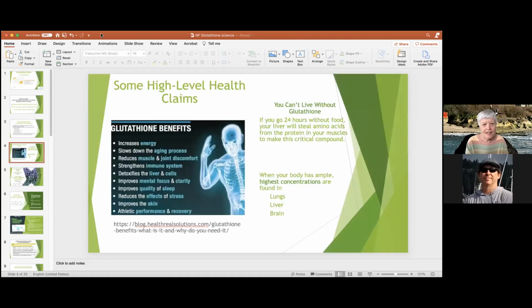So here's just a list of some of the claims that one can easily find on the web for glutathione benefits. It's going to increase energy, slows down the aging process, reduces muscle and joint discomfort, strengthens the immune system, detoxifies the liver and cells, improves mental focus and clarity, improves quality of sleep, reduces the effects of stress, improves the skin, and helps with athletic performance and recovery. Well, you can see that's just a wide, wide list. I put this website where I found this particular list,